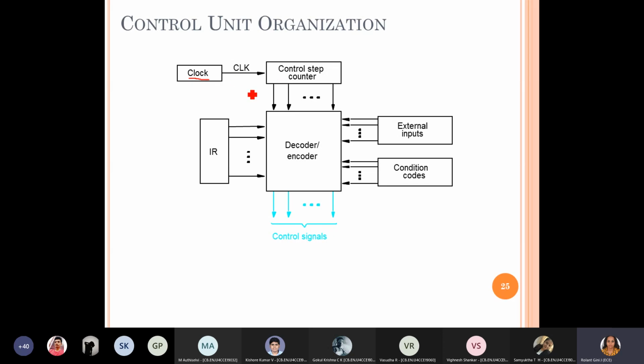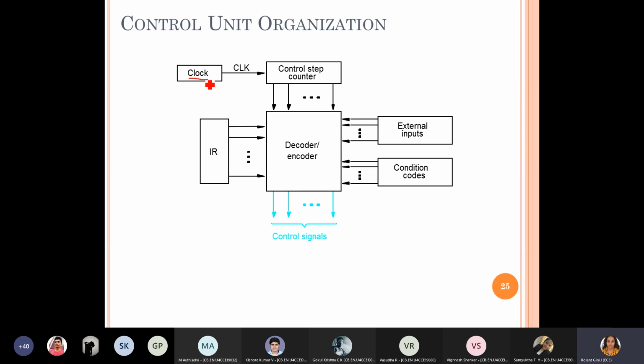So here also, to define the speed of the operation, we have a clock, right? And selecting the clock will be based on how much time you need to complete each and every operation, right?